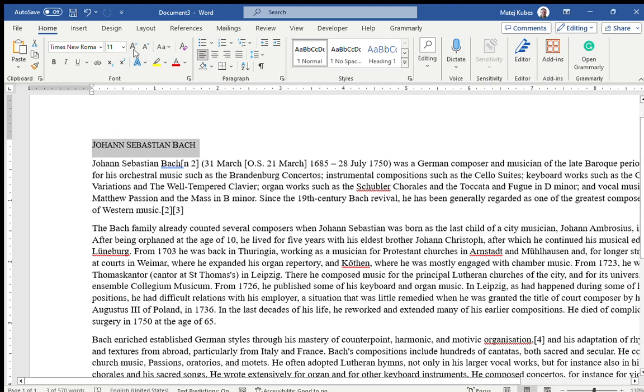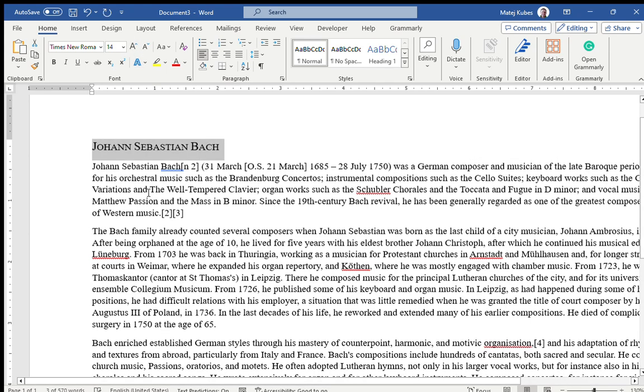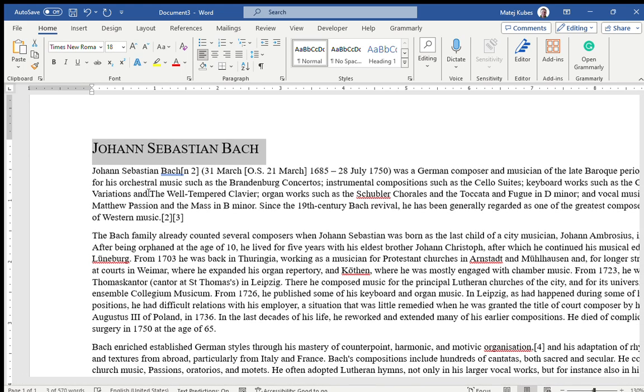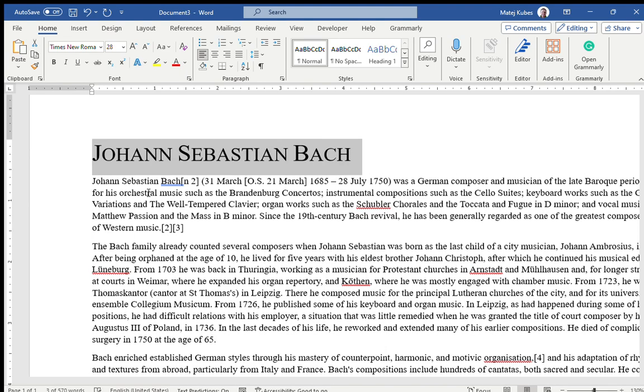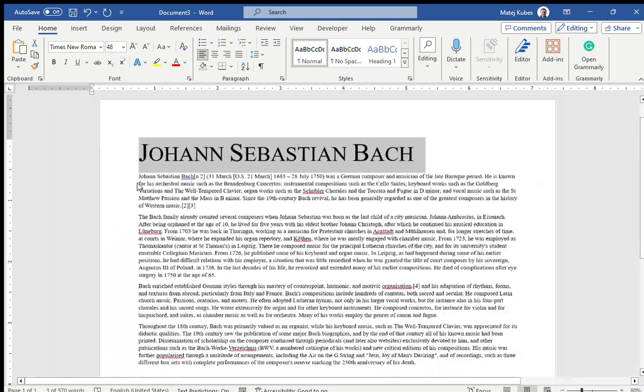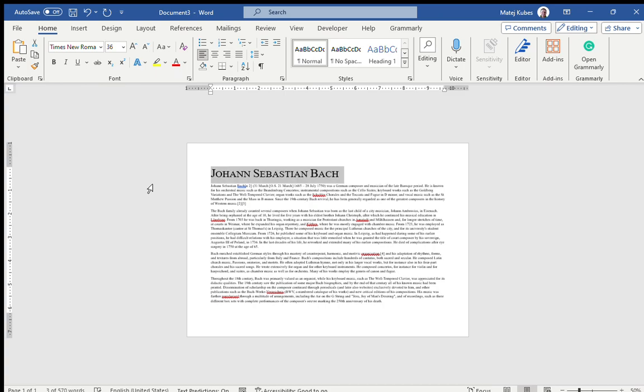increase font size. But here it shows you the keyboard shortcut for that is Control plus the colon to increase the font size, or Control Shift and the greater than symbol, the pointed bracket. I'm doing that, Control Shift and the pointed bracket, and that makes it larger for me. Okay, that's probably too large. So Control Shift and the less than symbol